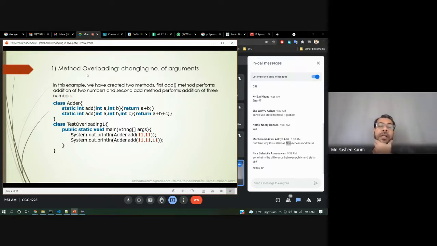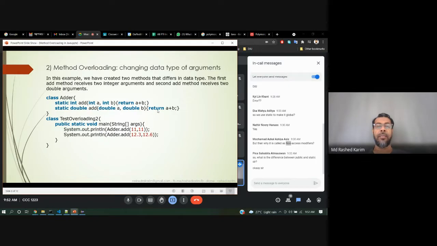This is the way of changing the number of arguments that I have already discussed one day. So I'm changing the number of parameters; this way you can overload this method. Another one is changing the data type of the argument.